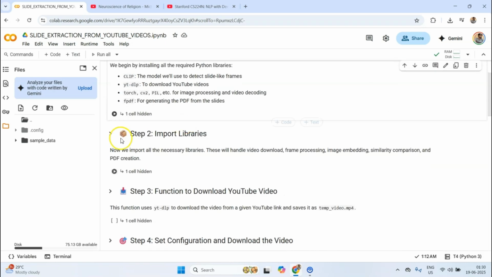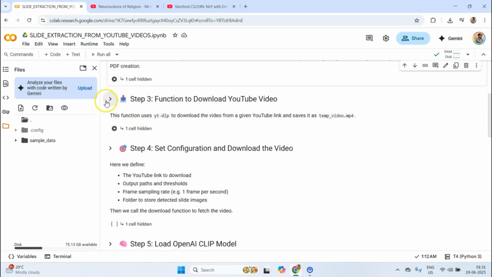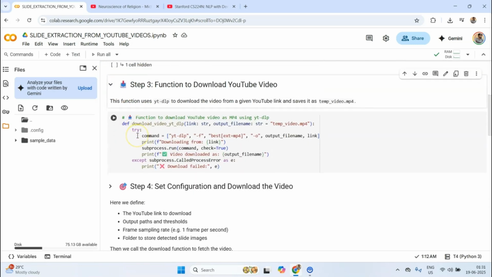Then here we import all the packages we need: OpenCV for reading the video, CLIP models, image tools and similarity calculations.